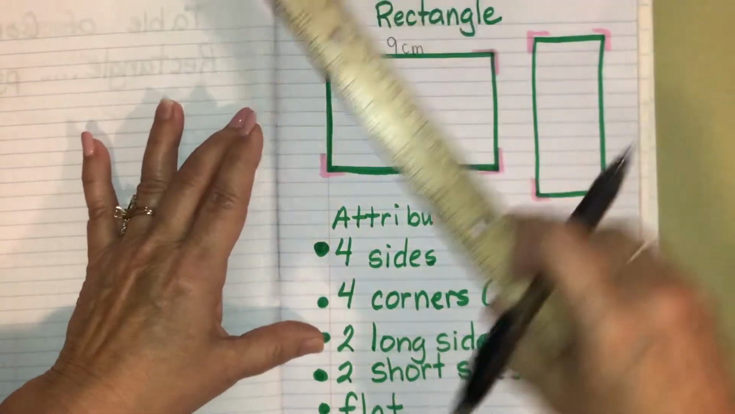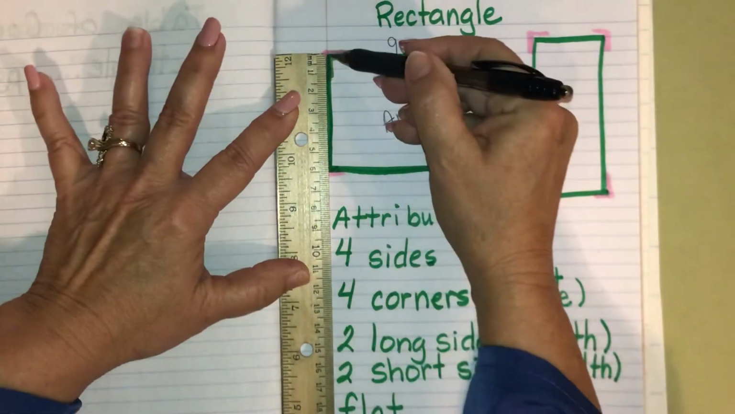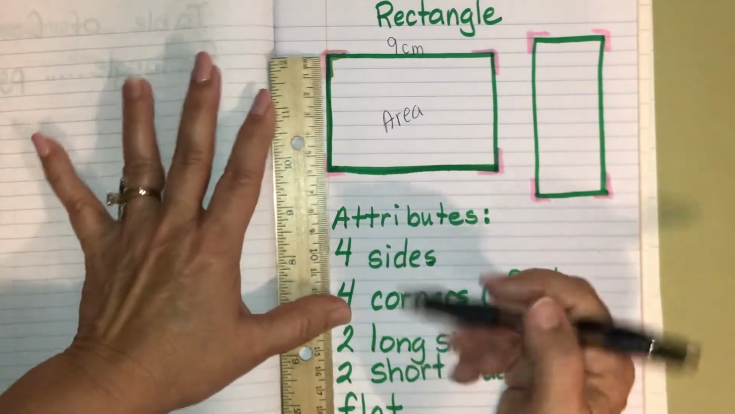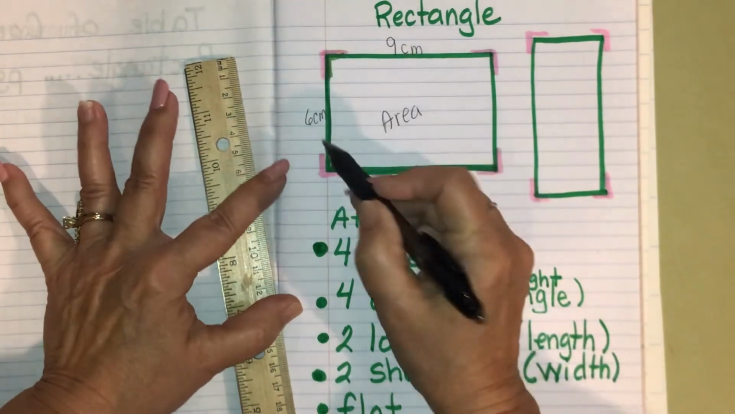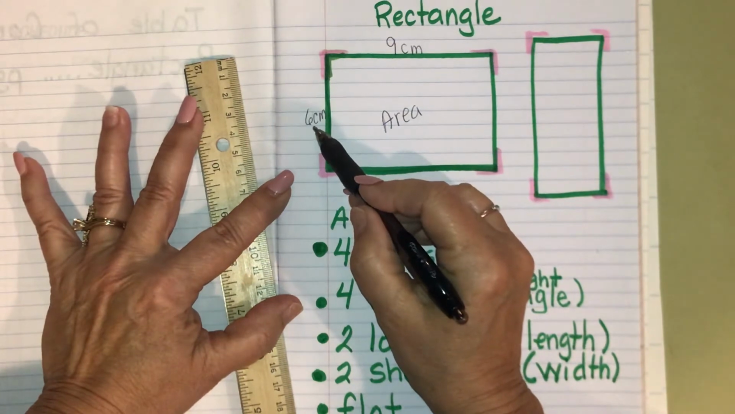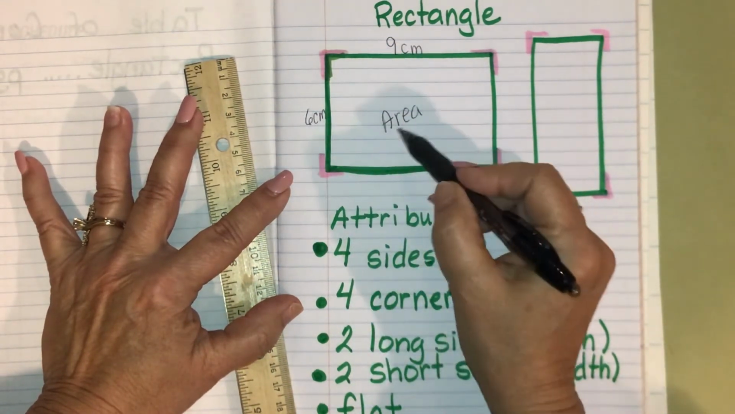That's the length. On the side, that's the width. You can see that it's from the edge here all the way to the number 6. So it is 6 centimeters. Now I'm writing these numbers on the outside. Go ahead and write your numbers on the outside,